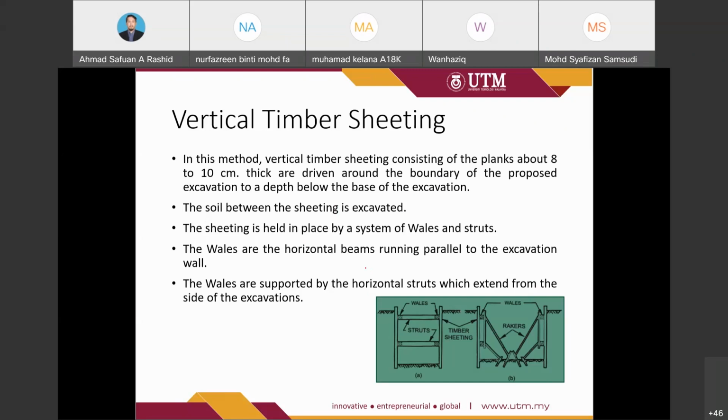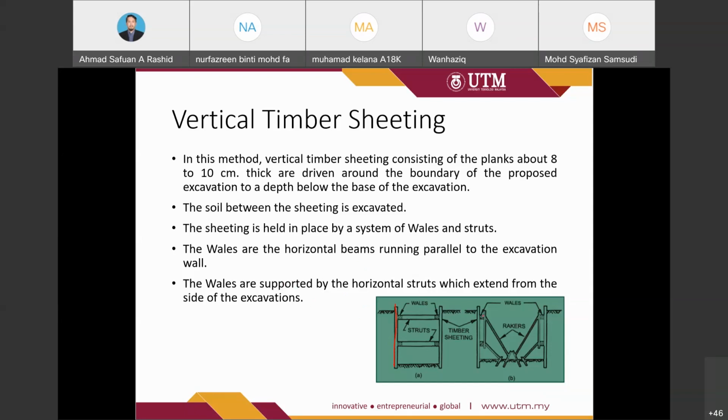In this method, vertical timber sheeting consisting of planks about 8 to 10 centimeter thick are driven around the boundary of the proposed excavation to a depth below the base of the excavation. They call it a plank, with 8 to 10 centimeter thickness. The soil between the sheeting is excavated. The sheeting is held in place by a system of wales